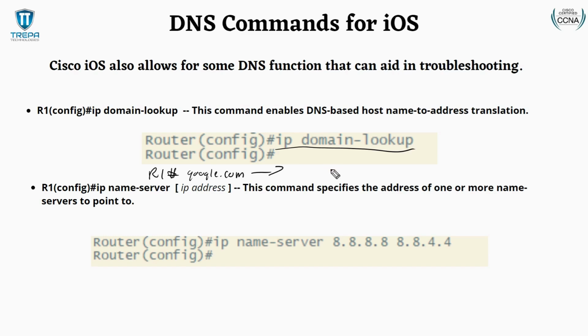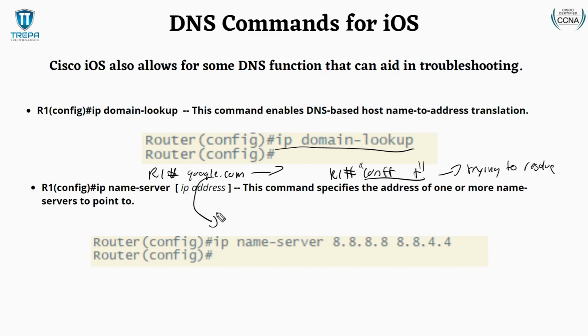Sometimes we turn this off in lab environments because it can be real annoying if I'm trying to go to conft and I put two F's right here and a T. You're going to get an error message that says, trying to resolve conf with two F's and a T. So it's trying to do a DNS lookup for this right here. So sometimes we turn that off, but essentially IP domain lookup works if we have this command here,